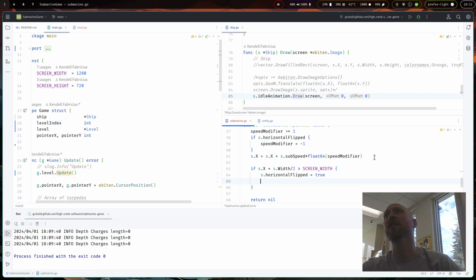We need to flip it, and then we need to kind of reposition it. I don't know if we're going to worry about repositioning just yet. Then the other problem is, else if s.x minus s.width divided by 2 is less than 0,